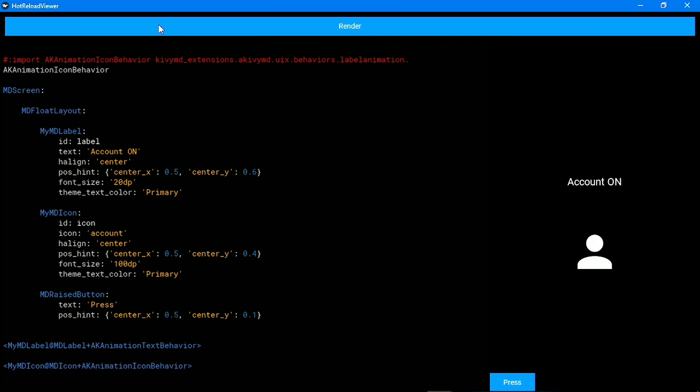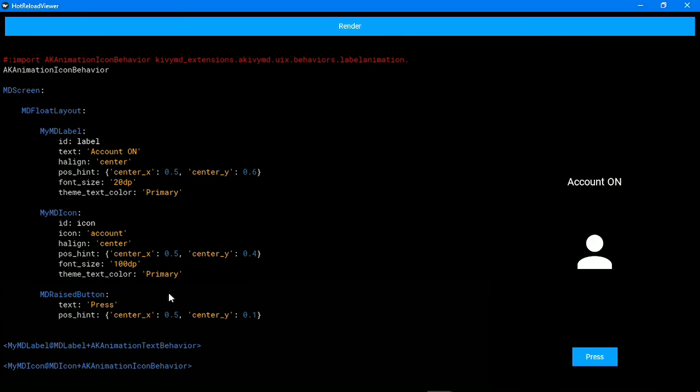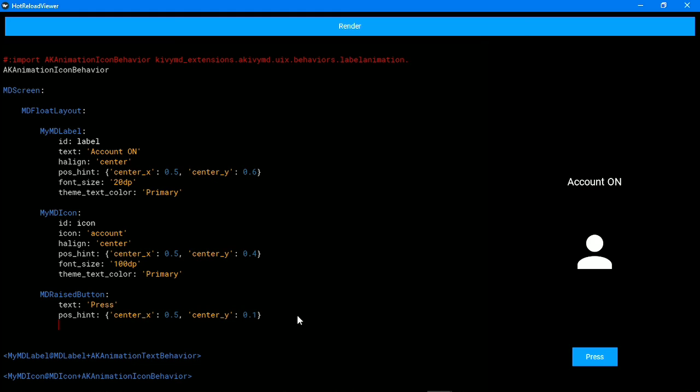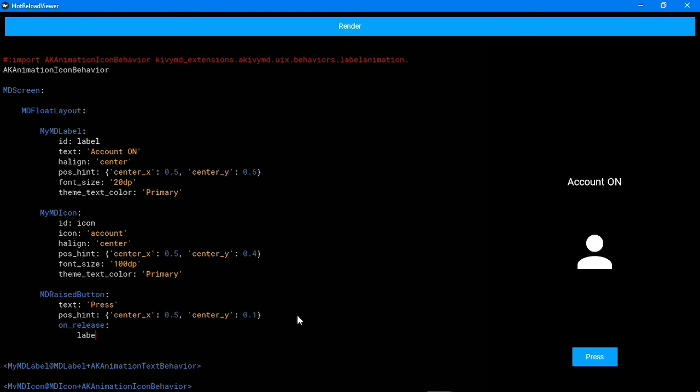Now we will add the functionality to the button. To toggle between on and off states, we will write a logic for the label and the icon. The initial state of the account is on.